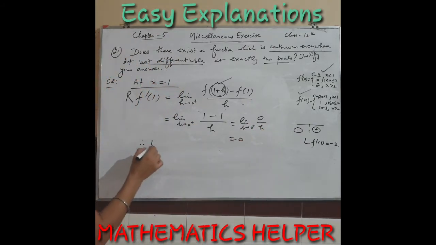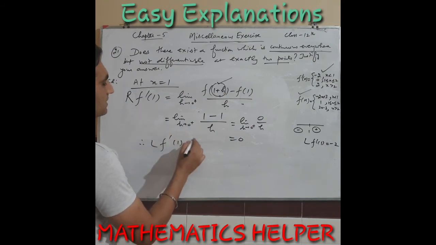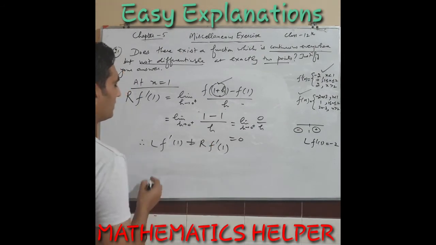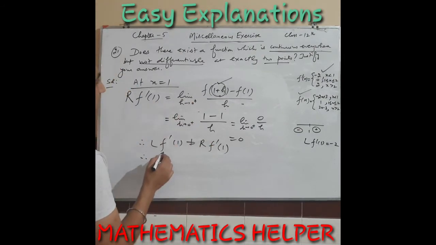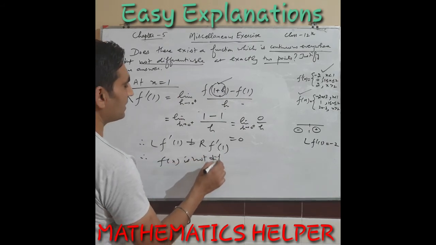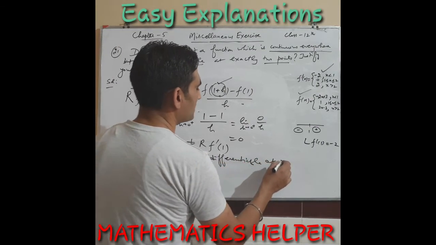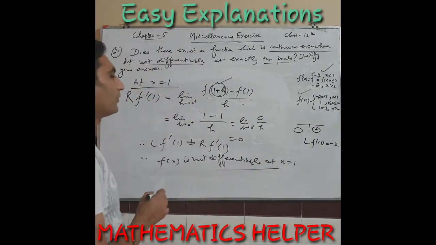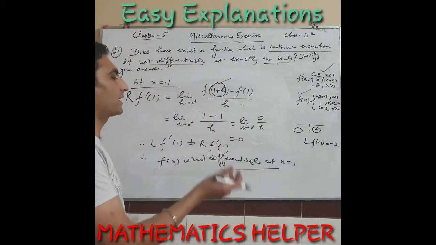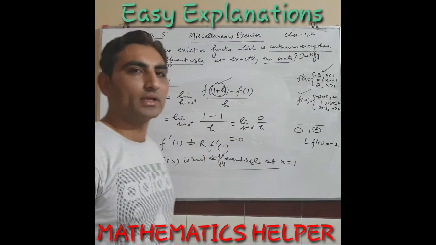So therefore the left hand derivative at 1 is not the same as the right hand derivative at 1. Therefore this f(x) is not differentiable at x equal to 1. Same we will do for x equal to 2, and we will prove the left derivative and right derivative are not equal. See, next I will erase it and we will write that calculation after this.